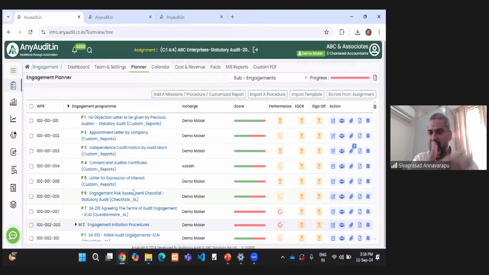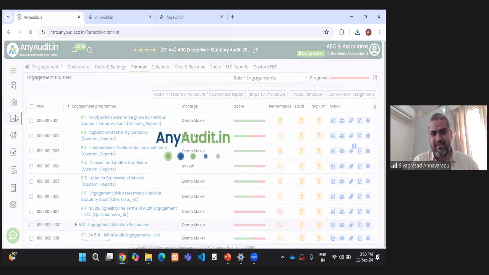Now, this is only step one. Audit goes into a lot of other modules, like there is a module on financial statements, a module on internal control evaluation, and a module on data analytics and sampling. So as an integrated environment, it starts from planning and ends with the report, and it enables the auditor to do everything in between. Now let me go to the data analytics and sampling module.